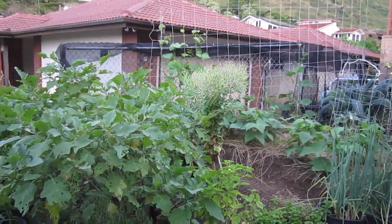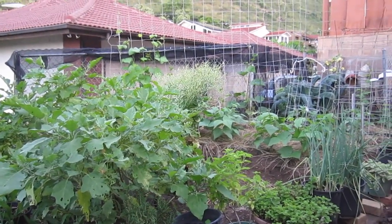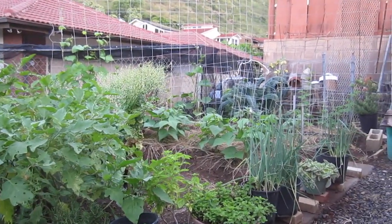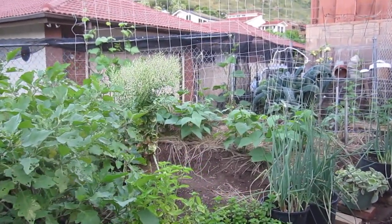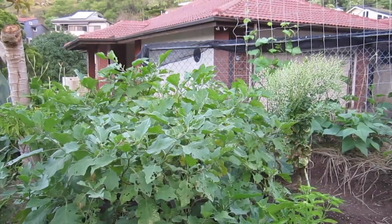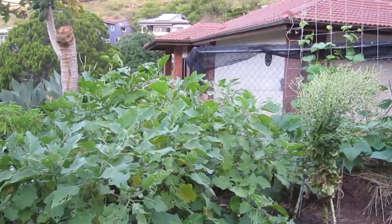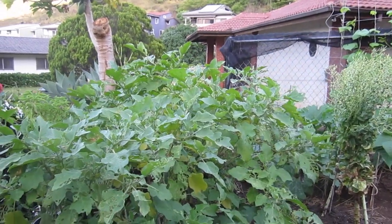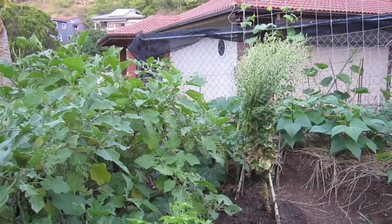This is Ken's garden. It's summertime now. This is June 3rd, early in the morning. His eggplants have been growing from his spring gardening. There's rosemary, other herbs such as basil,